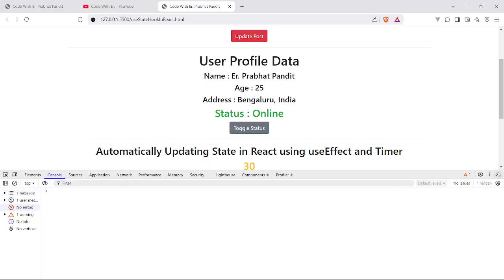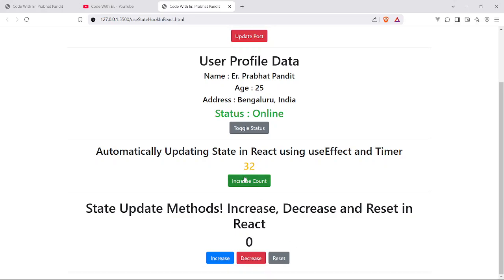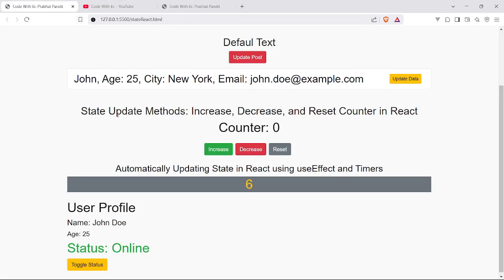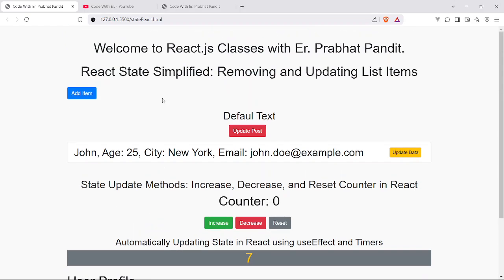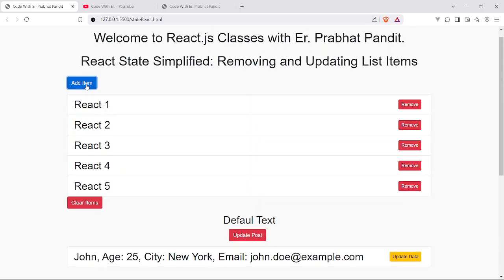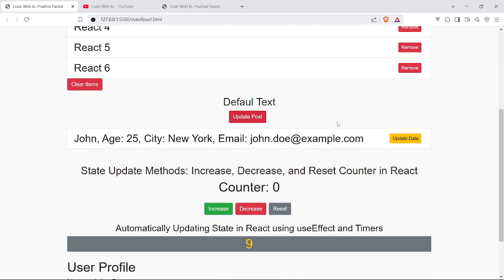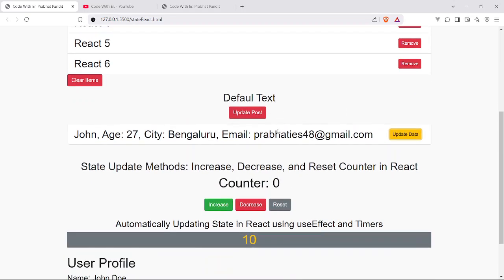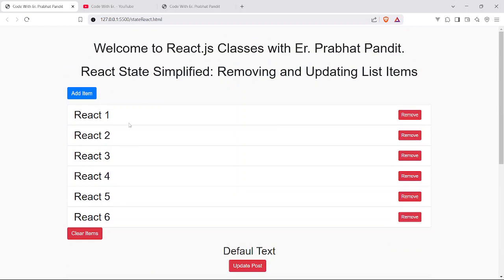Okay, so save the file and close this, and now we are gonna achieve this. Now we are gonna create this, and we are gonna create this. First of all, guys, we are gonna create this add item button. So we are gonna create the